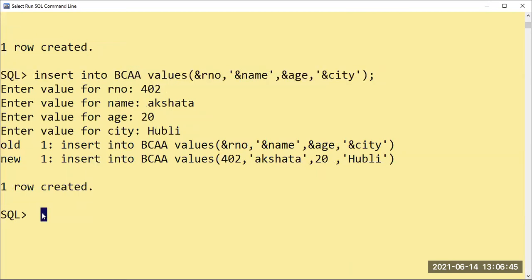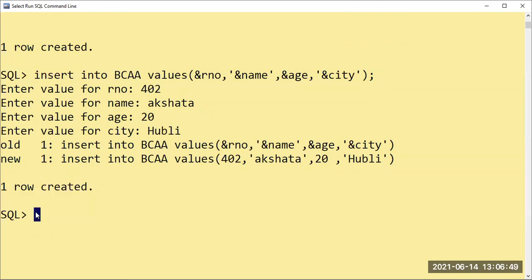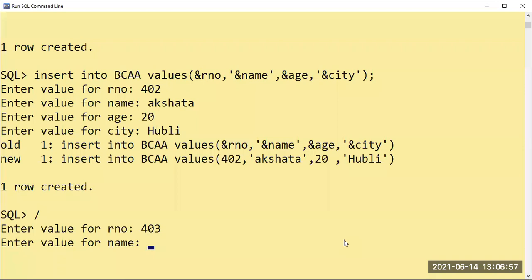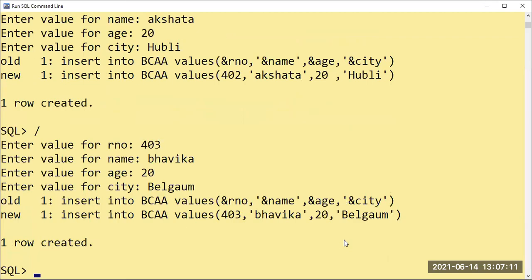Okay, so now after one row record is created, you have to use what? Slash, enter. Immediately it will ask you to enter the roll number. Third record, 403. Name, Bhavika, whatever, I'll take it now. Age 20, Belgaum, one row created.